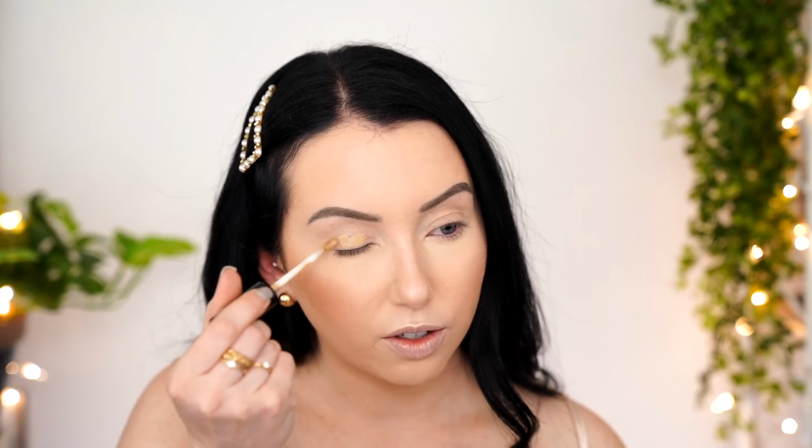I'm going to use this for eye primer today. I feel like I'm having trouble with my mouth speaking today. But this is the Wet n Wild Mega Liquid Catsuit Cream Eyeshadow in the shade Camelback. So this you could use just as an all over. I'm just going to kind of use it as a base just to basically cover the freckles and stuff on